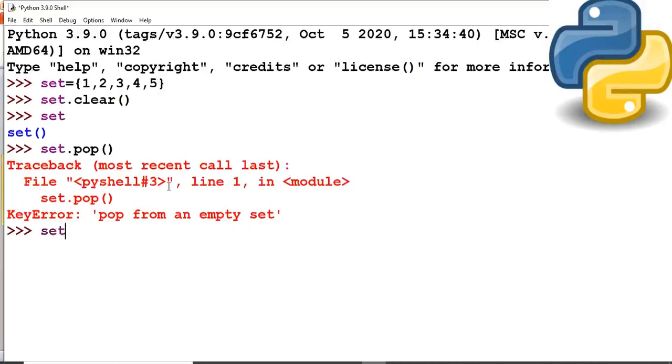Let's create set now. So pop method is not asking for any type of arguments. Okay, so now it has removed an element 1 from the set, and it has displayed the removed element. Let's check now. So 1 got removed from the set and the pop method has displayed it.